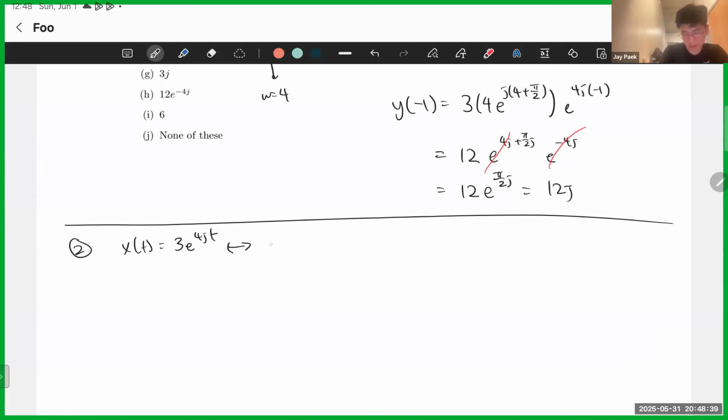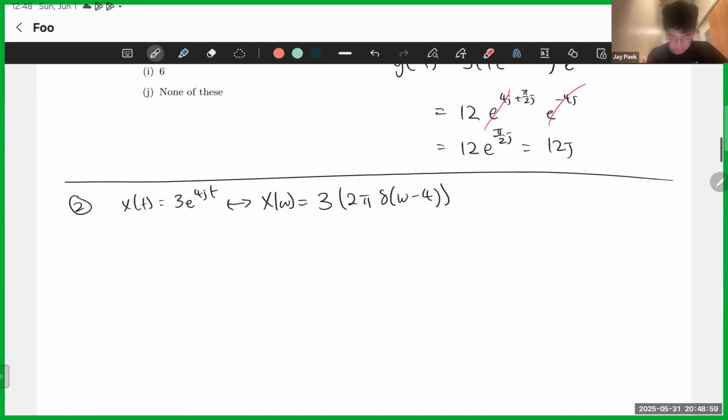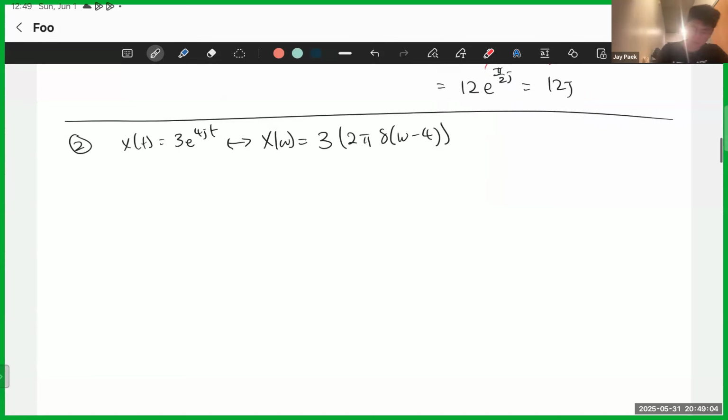The Fourier transform of this is 3 times, hold on, it's 2 pi delta of omega minus 4. Omega minus 4, yeah. Yes. And so now we know that the output signal